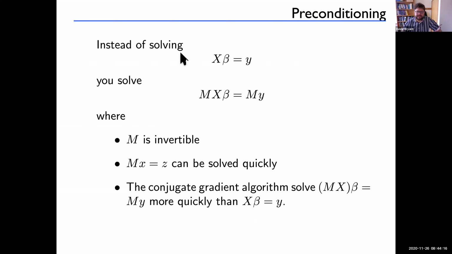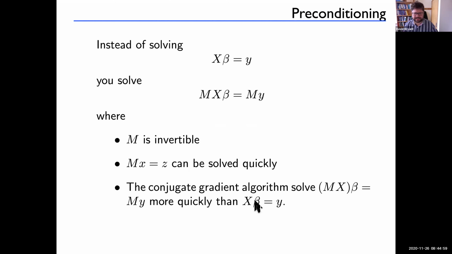So instead we look at what's called preconditioning. Instead of solving a matrix equation, say X times something equals y, for preconditioning you multiply it on the left by some matrix M in order to try and simplify. And M has to have the properties that it's invertible, so you get the same solutions, that you can solve equations involving M very easily, and it has to be quick to construct, I should say. I haven't added that to the list. And then the whole idea is that you convert this equation into one that the conjugate gradient algorithm, which I can't describe in detail, solves quickly.